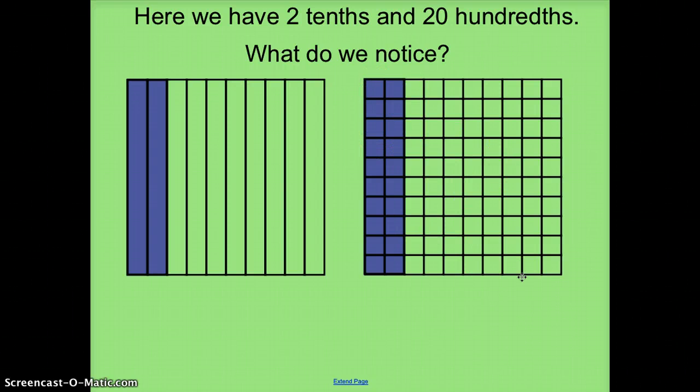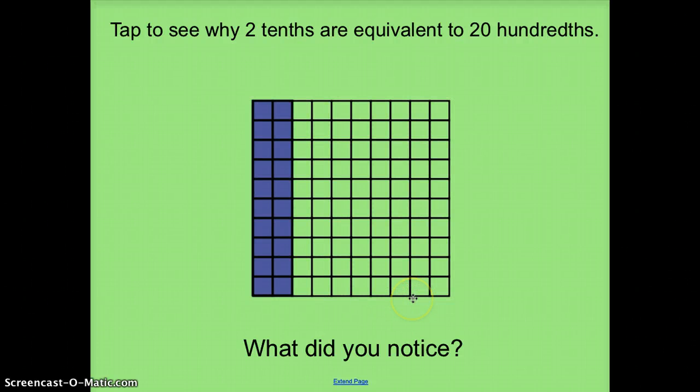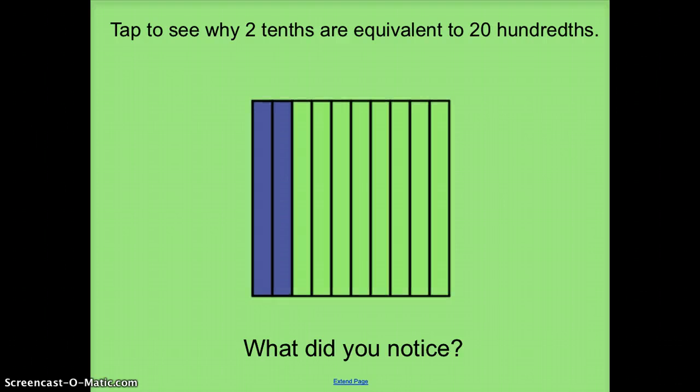Something else we might notice is that this model takes up the same amount of size as this one, but the values might look different. So one thing we need to know is that 2/10ths is equivalent to 20/100ths. So if we take a look here, we'll see what I mean. Right now, this represents 2/10ths, but take a look and it turns into 20/100ths. Again, we're back to 2/10ths. Again, we have 2/10ths, and I'm going to change it back to